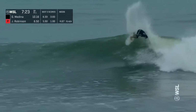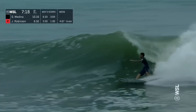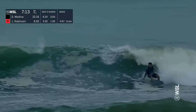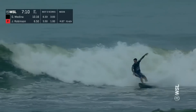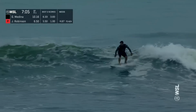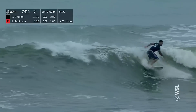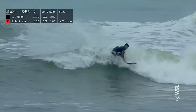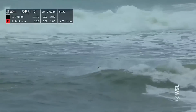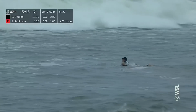Running after some open faces, Medina squares up vertically. Big connection there. Lively backhand float. Kind of had to redirect the carve a bit. Arcs it off the top and smashes the oncoming section. So quick. Backhand or forehand, Medina will hop over that inside wedge and will continue to do work. Off the bottom again, frames up another solid snap. A guy that never appears to tire out at any time in a matchup will improve on a 3.83,